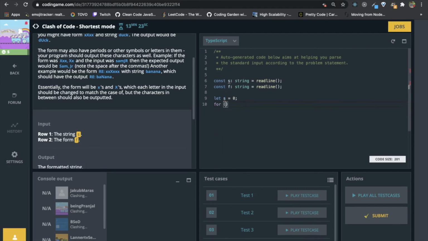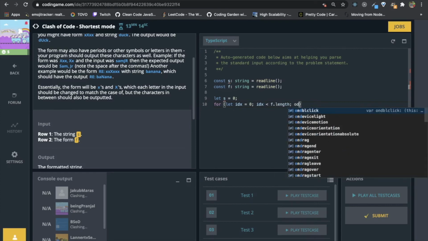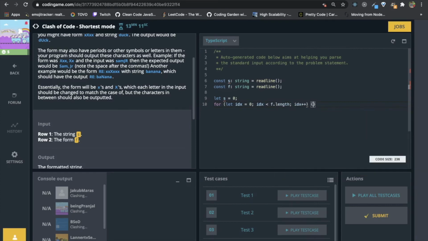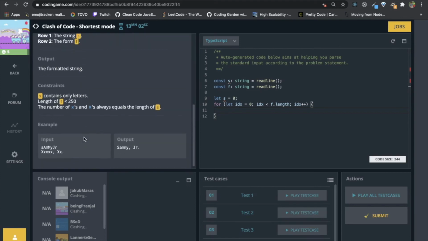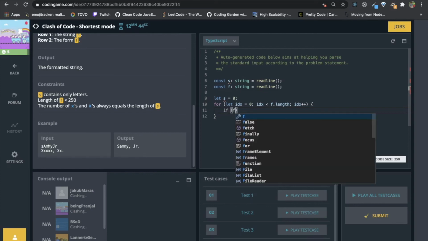We need to iterate in f because it is the pattern. So the number of x will be the same. If you see 1 2 3 4 5 6 here, and 1 2 3 4 5 6 7 here. So the number of x will be the same here. So what we can do is, if f of idx